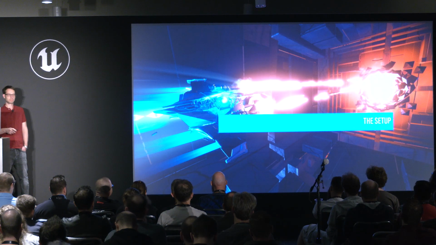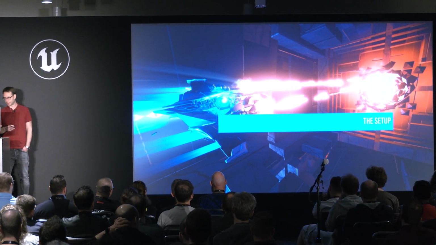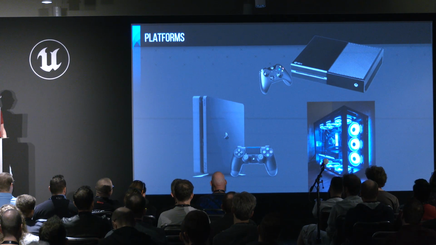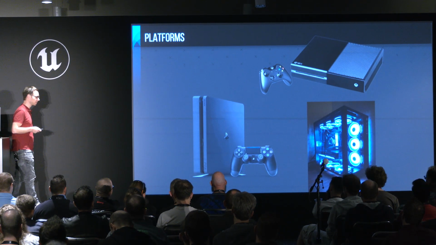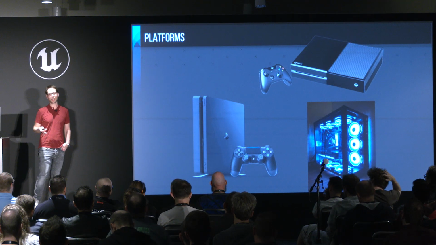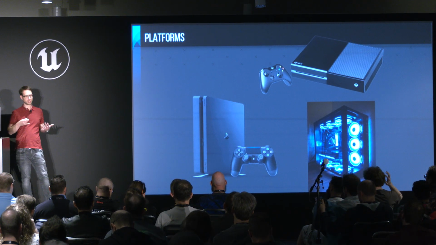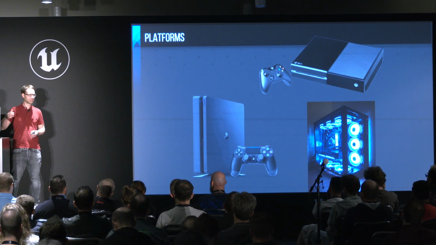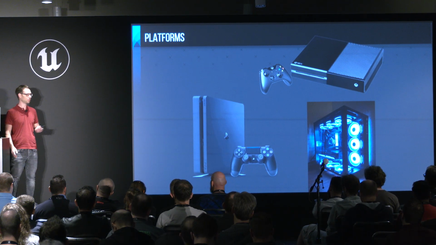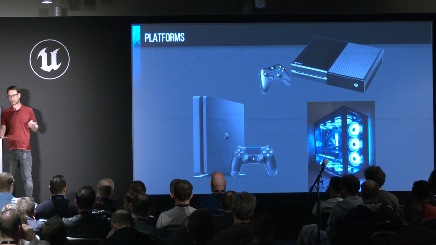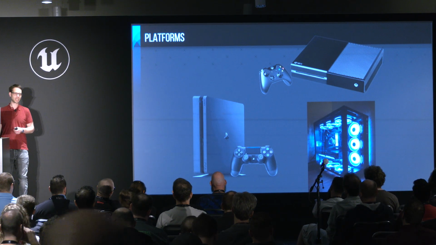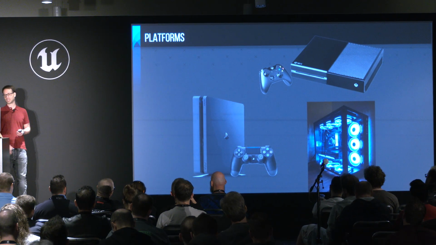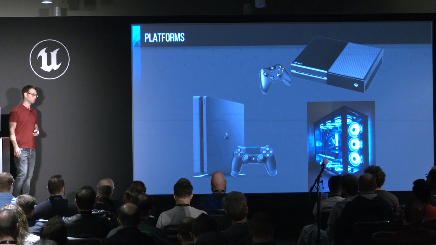All right, so the background information, a little bit of history. Fish Labs has a history of making mobile games, and that's where we were in 2017 when we decided to pivot and change it around, and we decided to only do PC and console games moving forward. So we took a look at what was out there in 2017, and what we saw is pretty much this, right? PS4, PS4 Pro, Xbox One, Xbox One X, and your RGB-powered PC, so we decided to ship our game for these platforms.